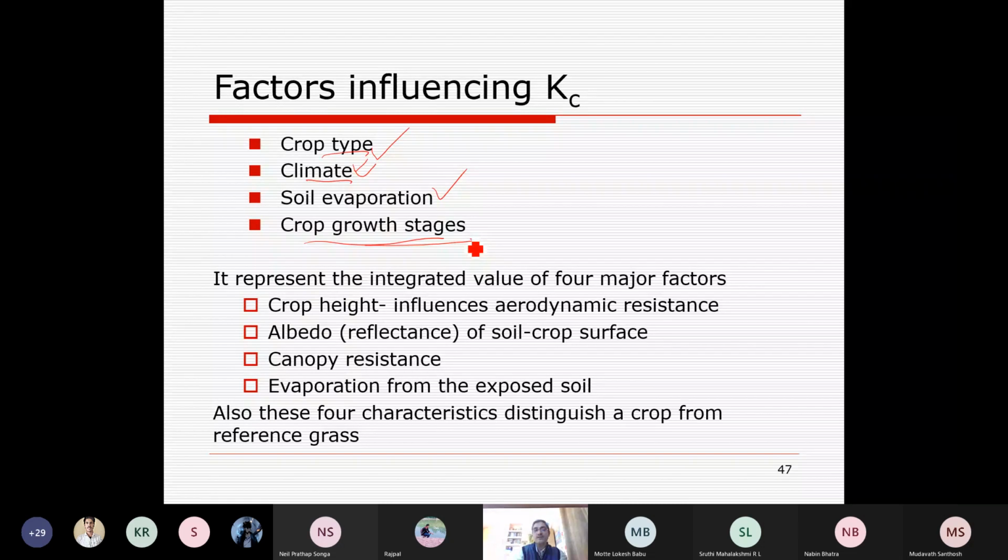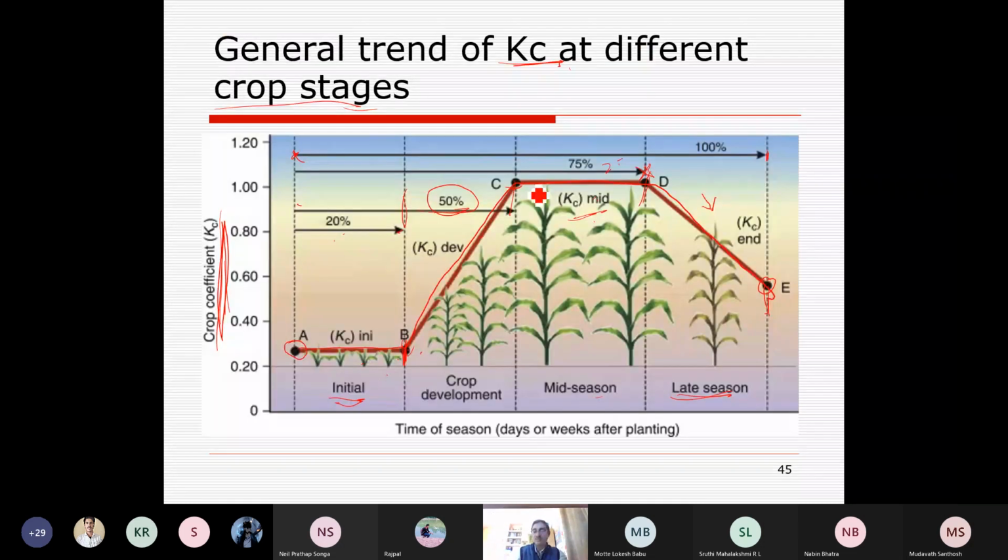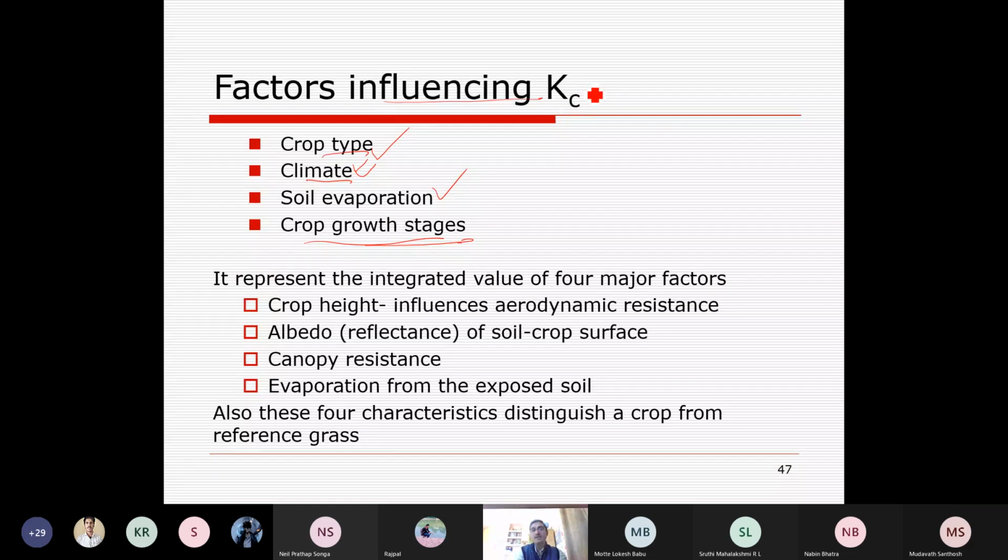It is very clear here. Different crop growth stages, Kc is different. So Kc is influenced by crop type, climate, soil evaporation, and crop growth stages. It represents the integrated value of four major factors. In that sense, Kc represents four